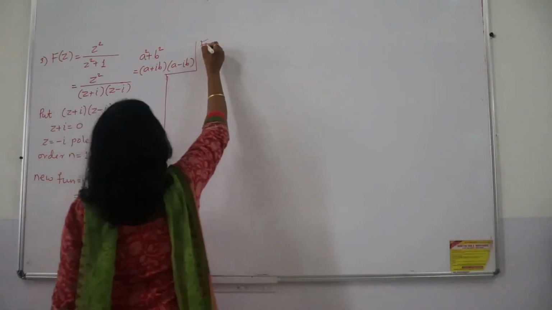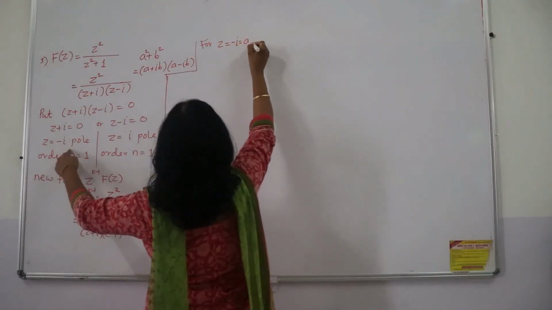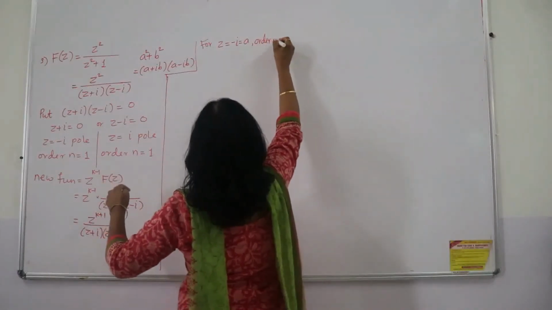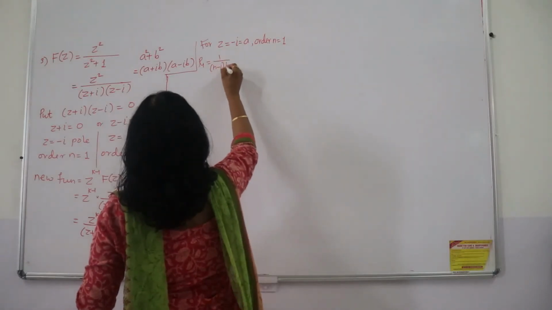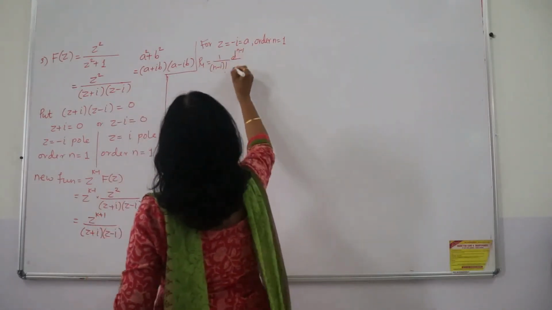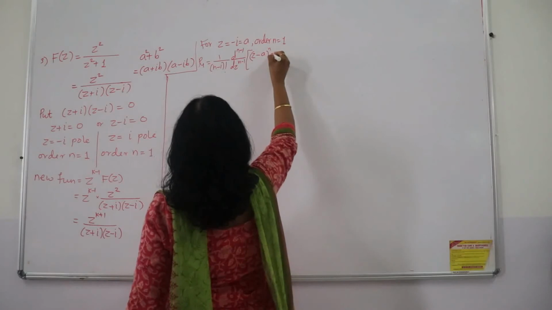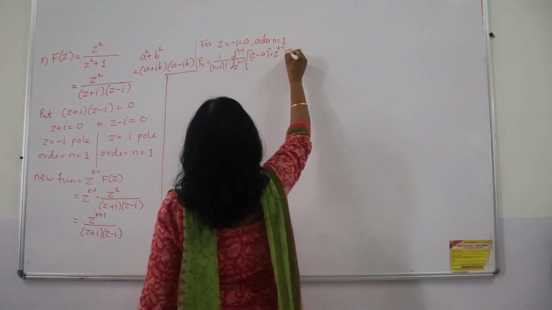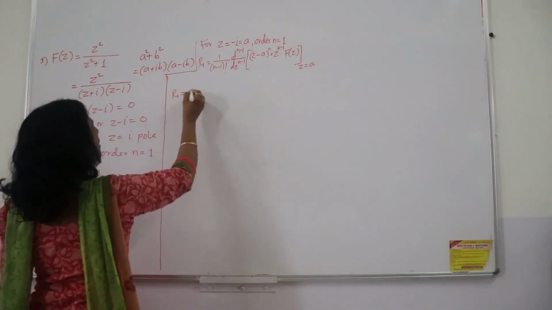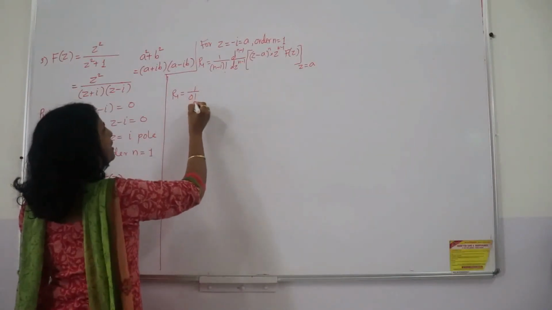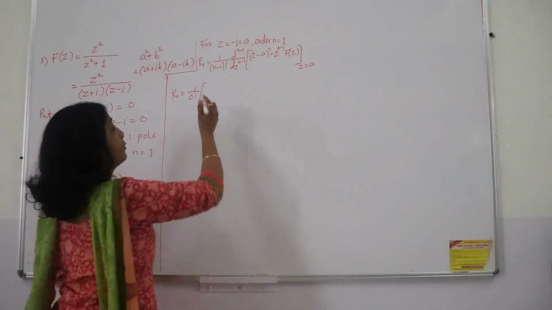So now my first residue is for z is equal to minus i. This is the value of a. Order n is equal to 1. The residue formula is 1 upon n minus 1 factorial, d raised to n minus 1 by dz raised to n minus 1, of z minus a raised to n multiplied by z raised to k minus 1 f of z, and in this answer I have to place z is equal to a. So what is my residue here? When I place 1 minus 1, it is directly 0 factorial. Then n minus 1 is 0, the 0th order derivative means no derivative, you know it already.